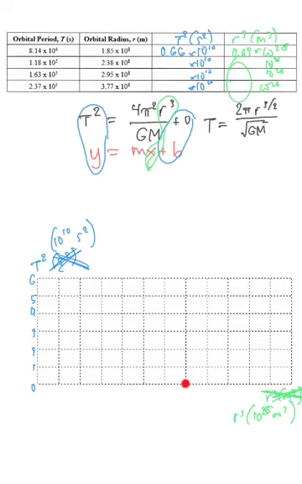And there are 12 vertical lines on here. So we can just say every other line, we can just go up by 1. So that'd be 1 times 10 to the 25th, and then 2, 3, 4, 5, oops, not right there, 5, and then 6 over here. So now it should be fairly easy to plot the points. You'll end up getting a graph that maybe looks something like this. I don't know exactly, but make sure it's a straight line that passes through all your points, and then